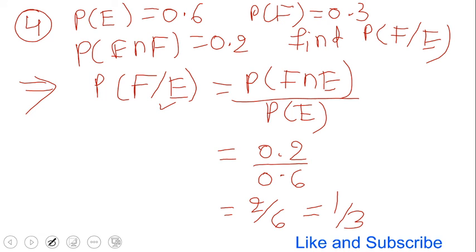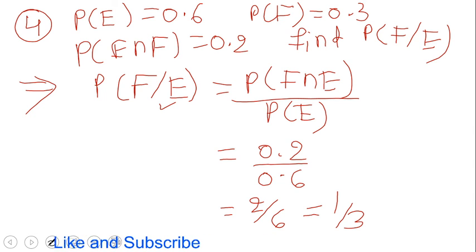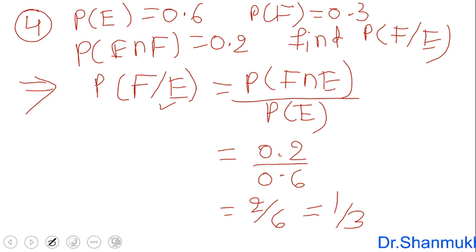In this 1 mark example on probability, you may get the formula probability of F divided by E. Depending on this, you may get an example, or else you may get that A and B are independent. Then you have to calculate one of the probabilities or the intersection. So try similar types of examples from the textbook.